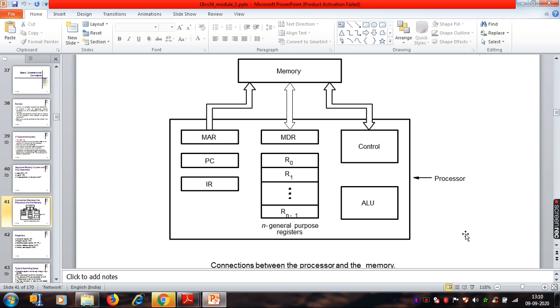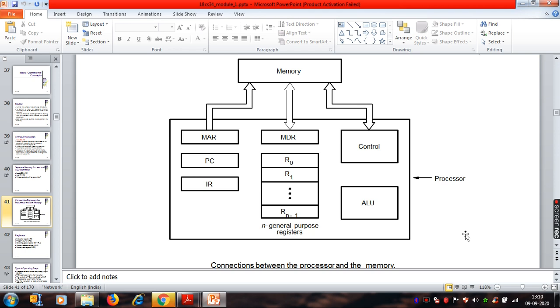General purpose registers are very fast access registers which have very little access time. So whenever a processor needs data, if the data is directly available in any of the registers, you can refer to the particular register name in the instruction so that the processor can directly take the data from the registers. Then we have MAR and MDR, the memory address register and memory data register. We'll see later in depth what the basic functions of those registers are. Then we have PC, the program counter, then IR, the instruction register.